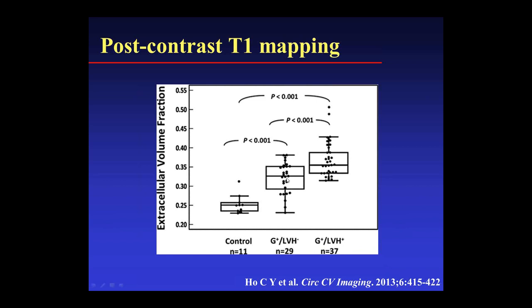And you can see that their markers of diffuse fibrosis were elevated in both groups of patients, those without overt HCM by echo or CMR, and then even higher in those with overt HCM by echo or CMR. So we think this marker of diffuse fibrosis by T1 mapping may become an important marker of prognosis and outcome in this disease.